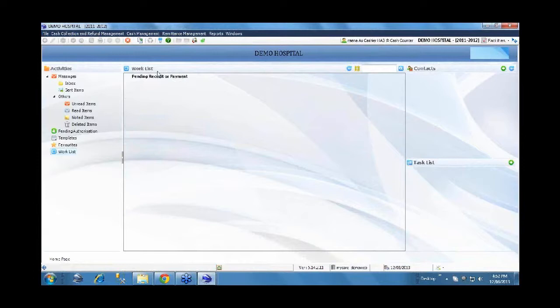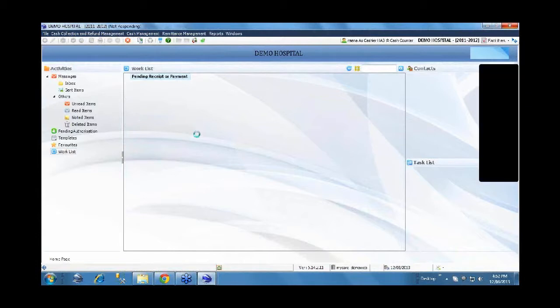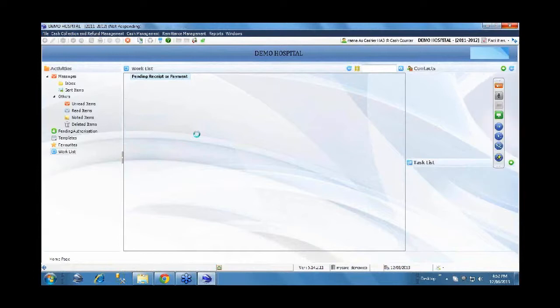For example, that particular one is done by the biller. Now we are in a cashier login who has the authority to collect the payment. He will have a work list like this. So this is a generic one. Depending on the user who logged in and what functions he performs, there may be many custom work lists which are predefined in the system. One such work list for the cashier is the pending receipt or payment. Click on this pending receipt or payment. All pending collections, whatever bills are raised by various billers, all those pending for collection will be listed under this pending receipt or payment work list.